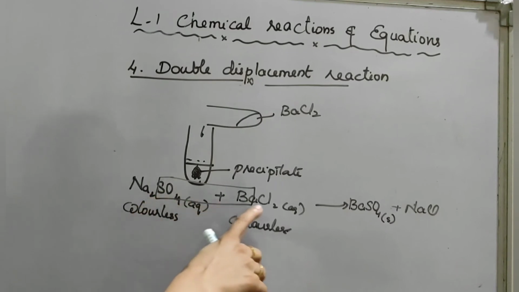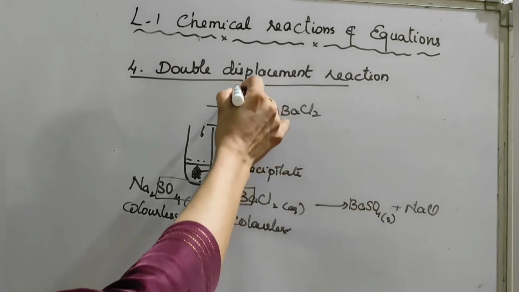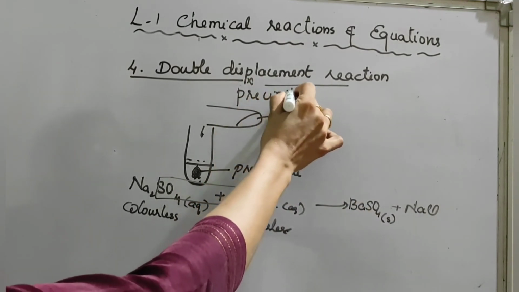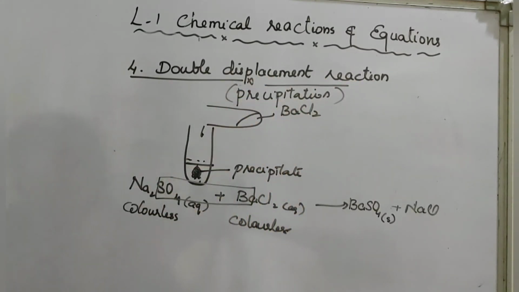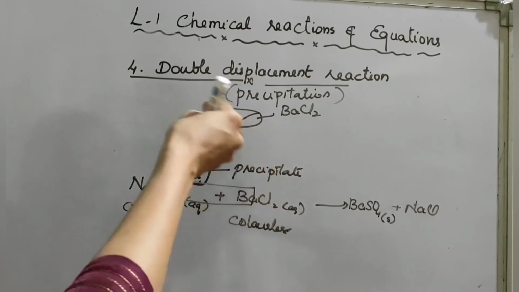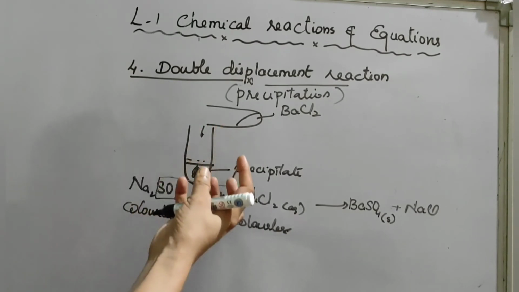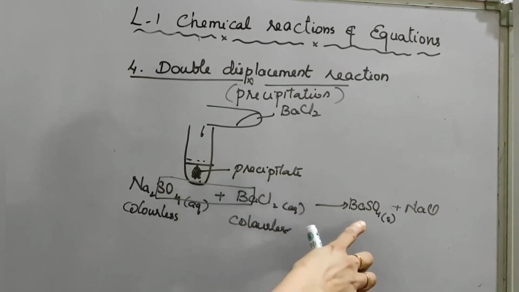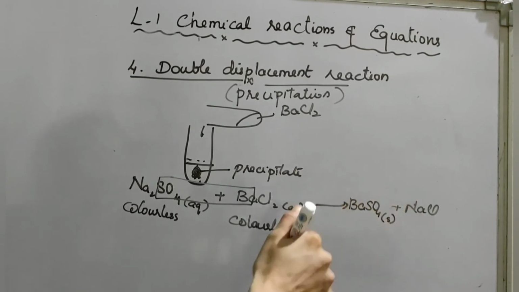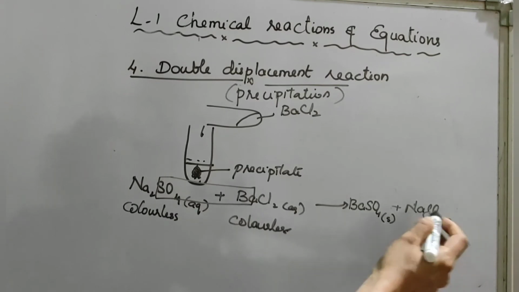So look at the formation of precipitate. Another name for this reaction is precipitation reaction. So double displacement is also known as precipitation reaction. Another very important thing you have to remember, both are colorless solutions. If you add them, the formation is immediate, so suddenly you see that white precipitate. White precipitate means it is insoluble in this solution. So barium sulfate is in solid form,